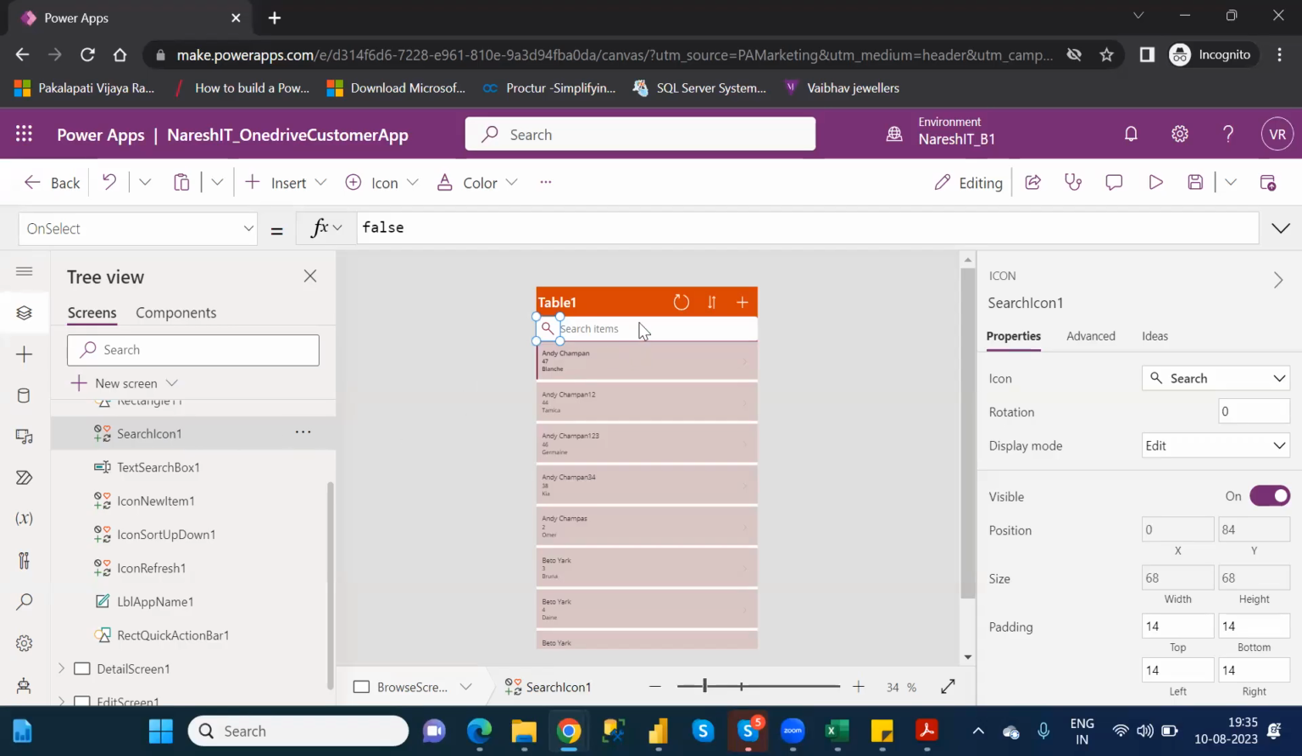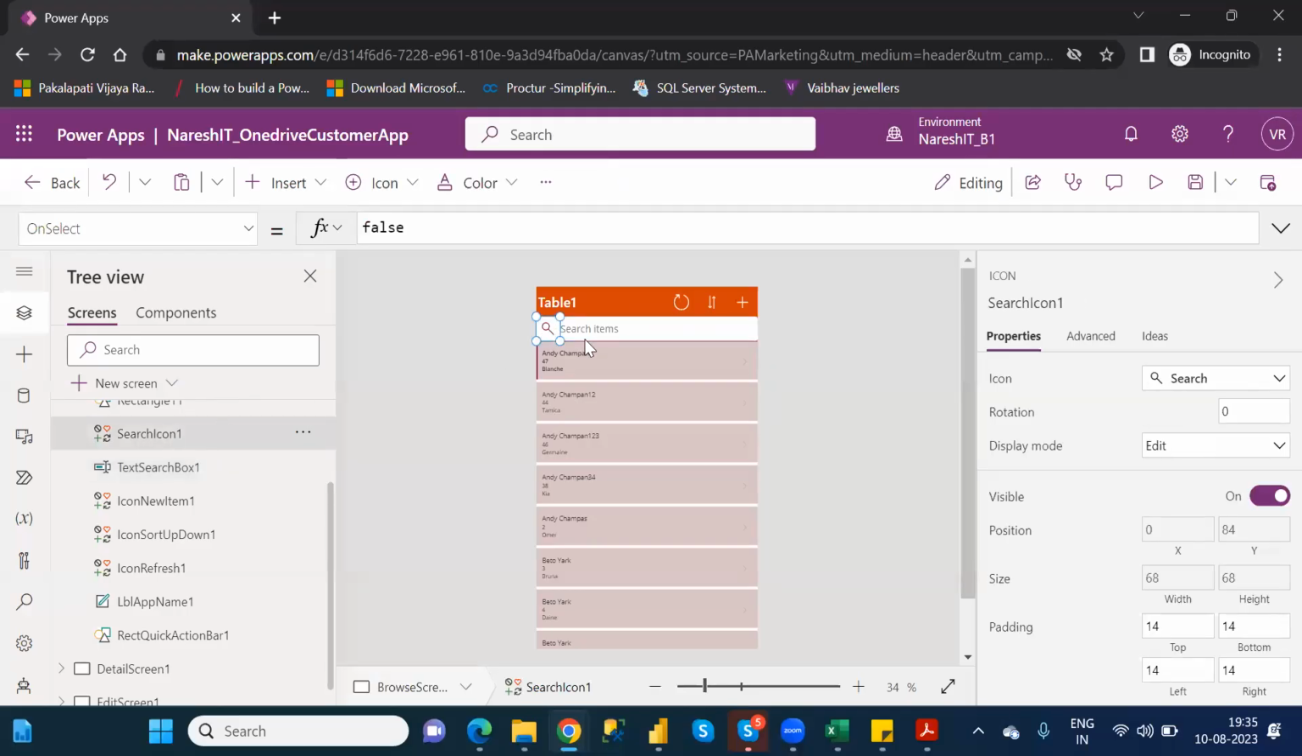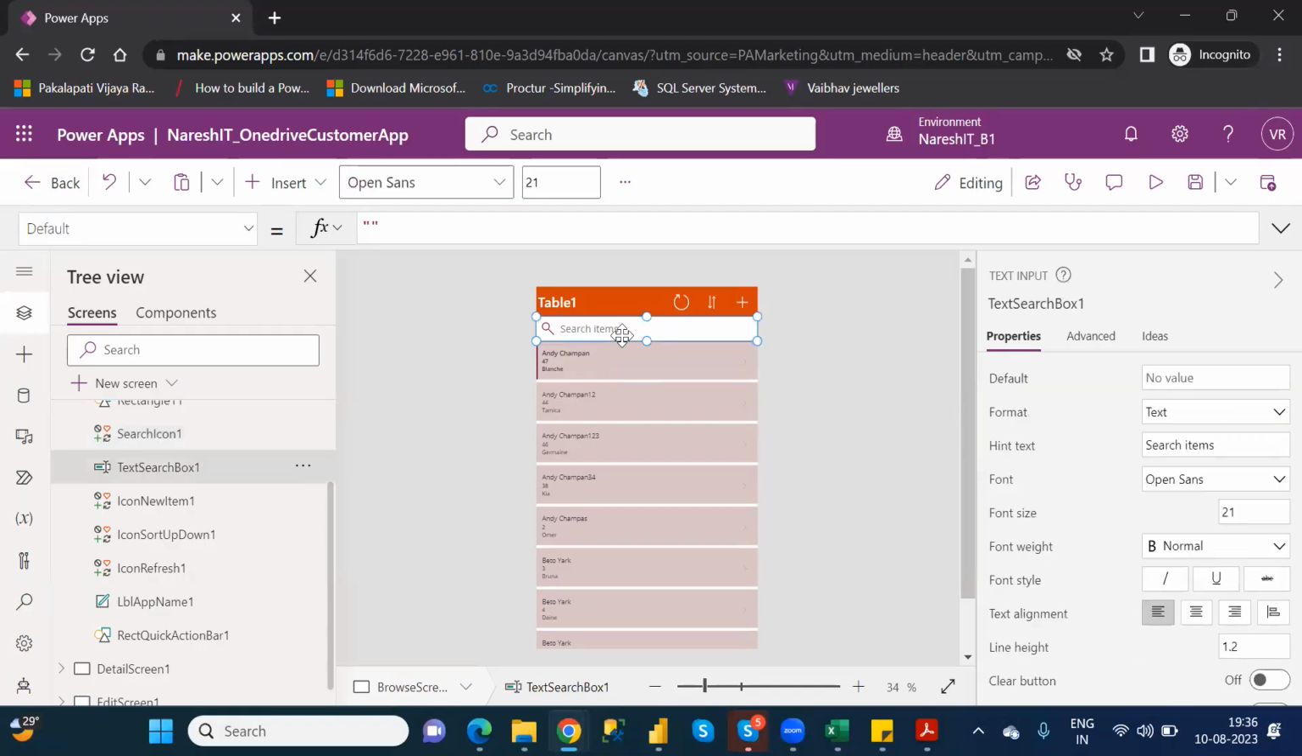Okay, so the text box is different and the search icon is different. Do you understand clearly or not? There are two elements, they are taken and put there, and you can easily understand what that is. Understand clearly or not? Okay, so that means here in this text box,